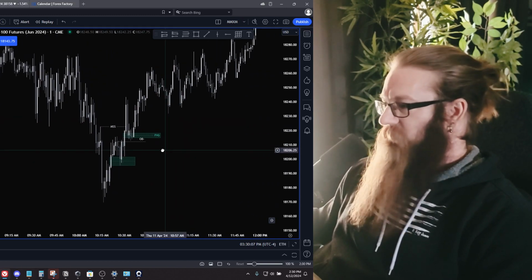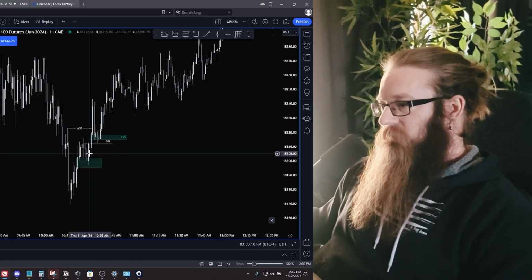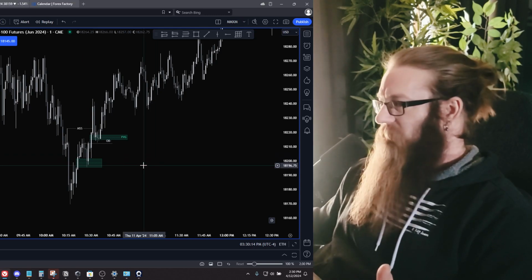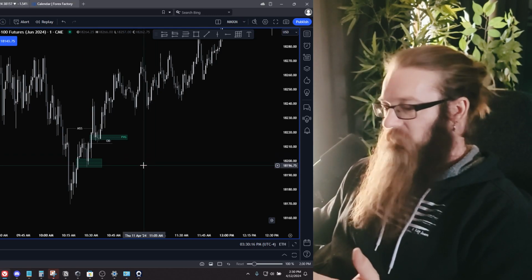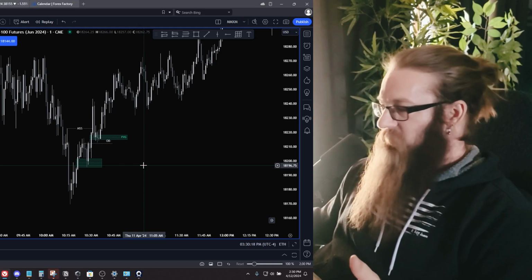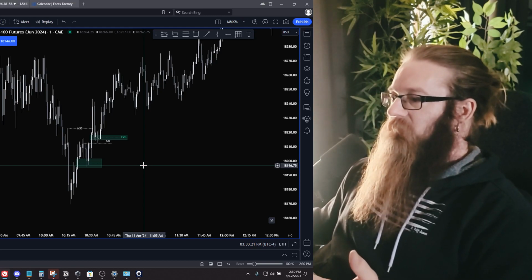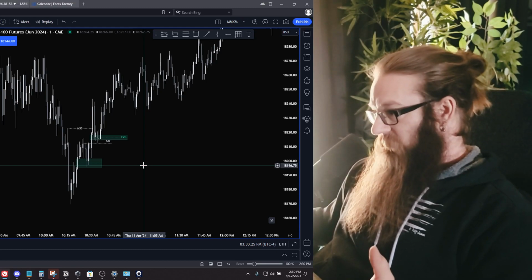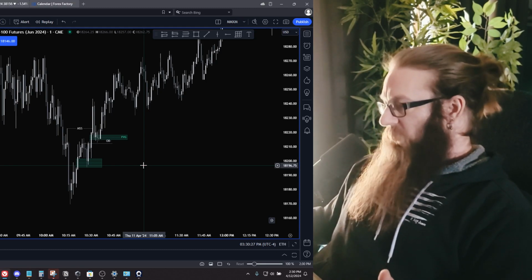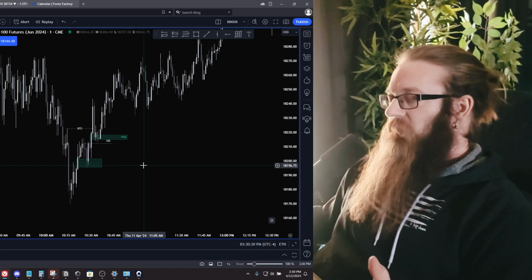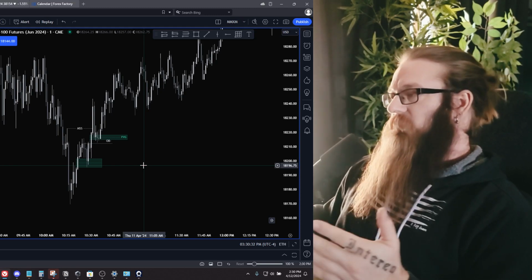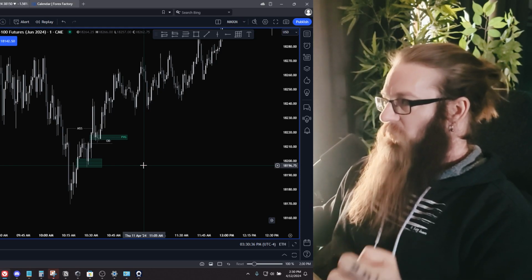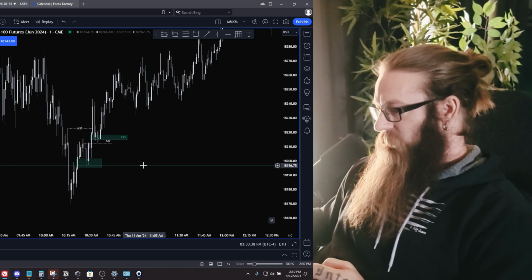Order blocks are easy to find. And they're all the same. They're all order blocks. All breaker blocks are breaker blocks. All order blocks are order blocks. None of them are extra special because they take liquidity or not. They're not any more high probability. They're just a different kind. It's an order block that takes liquidity, an order block that doesn't take liquidity. The liquidity doesn't make the order block itself more probable,